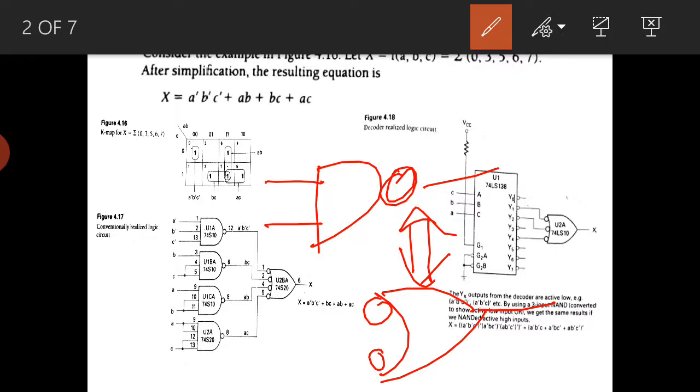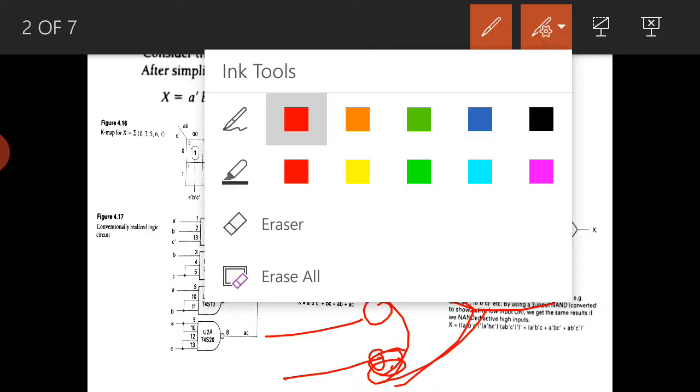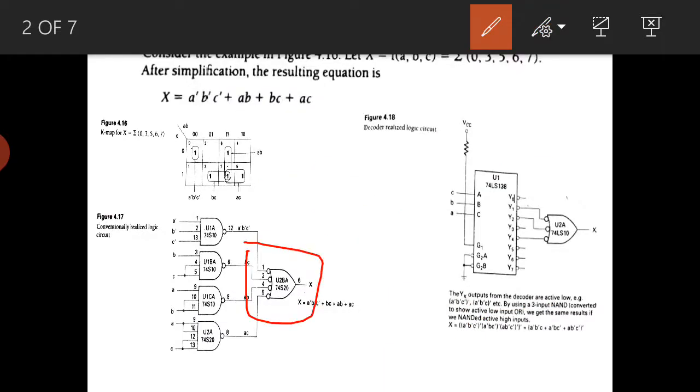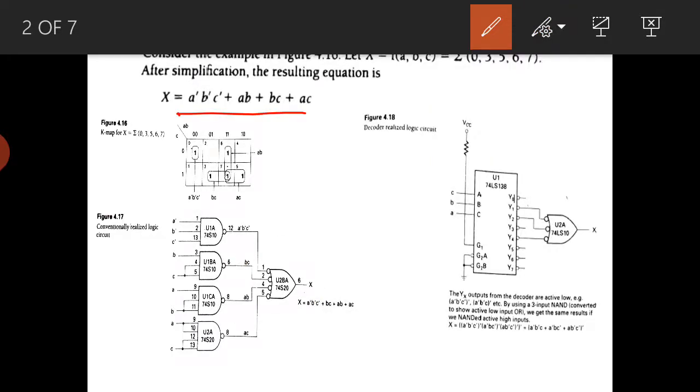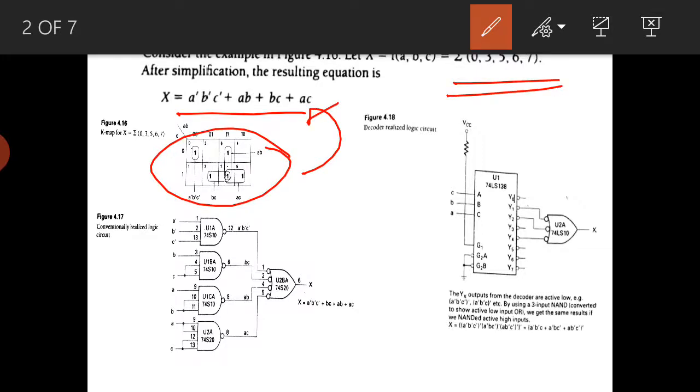The 2 input NAND gate, and the 2 input OR gate with bubbles at the input, both are same. So because of that, instead of a NAND gate they are using the bubbles with the OR gate here. Now what we have seen: we have minterms through the K-map, we got the simplified equation, and after that it is realized with the NAND and NAND gates. Now this is using the basic NAND gates.